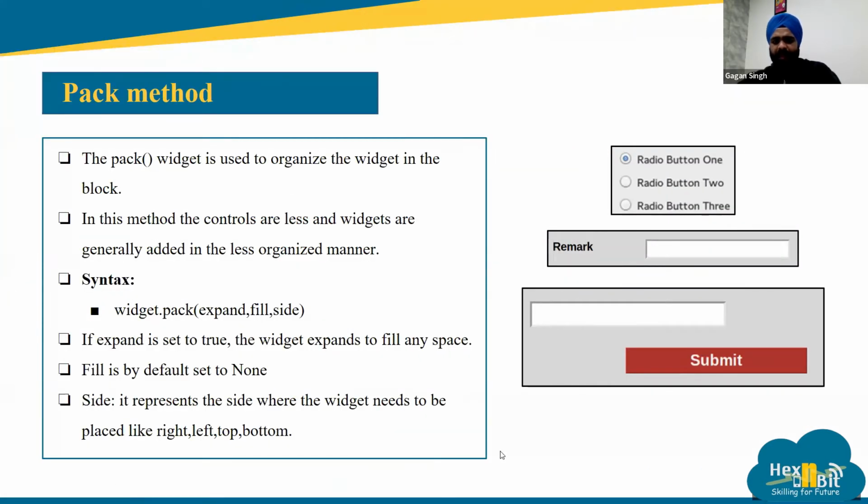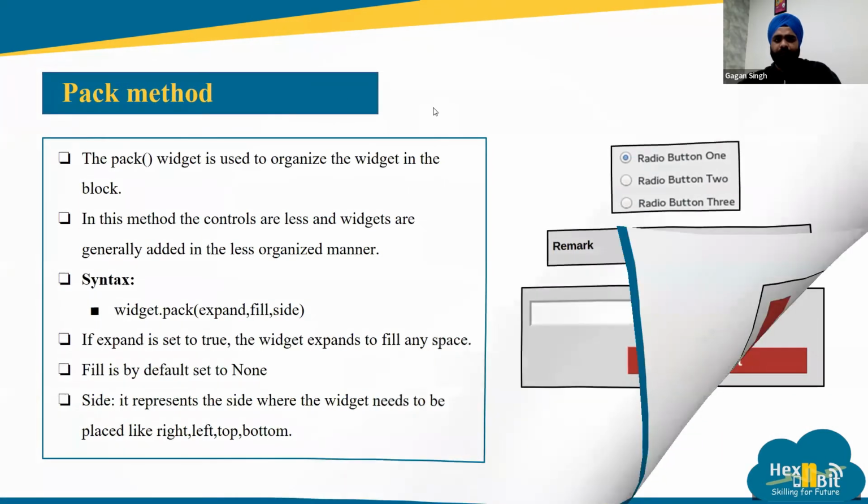The pack method is generally used to display widgets. If this is your GUI screen, it will try to fit the things in the center of the screen in general. The default alignment is center if we talk about horizontal alignment, and if we talk about vertical, then it will be at the top. It will bundle up the things one after another in the center of the screen. Pack can be used for it, but not much organizing is possible with it. Another method that we can use for displaying the widgets is grid.